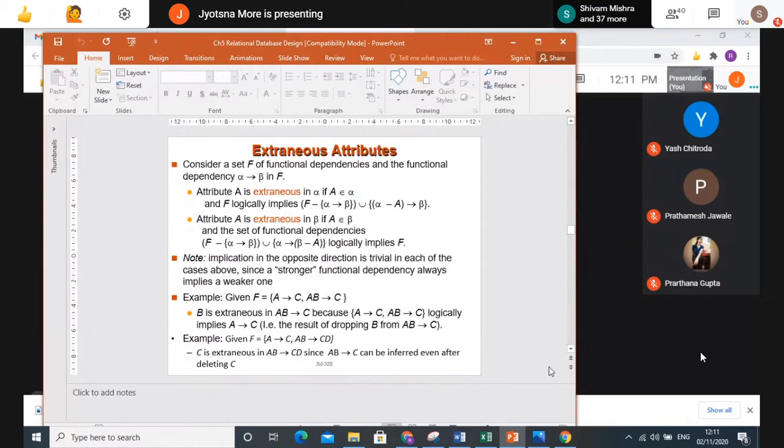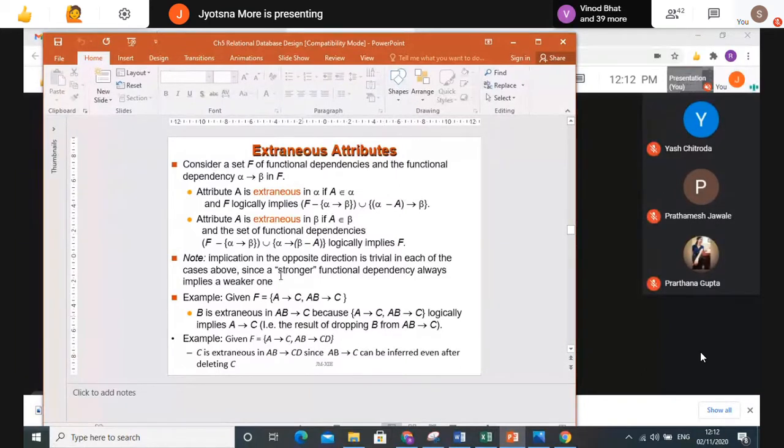Then extraneous attribute, I explained to you, but when I said this is extraneous, you need to know how to find it. Basically, till now in the exam they have not asked a question from this, but still, if you want to study, you can go deep into it. We say an attribute is extraneous when, with the same functional dependency, we are getting a functional dependency which is of no use, or we are having a similar functional dependency in the set. So we can say that particular attribute is an extraneous attribute which is not making any sense in my functional dependency set.